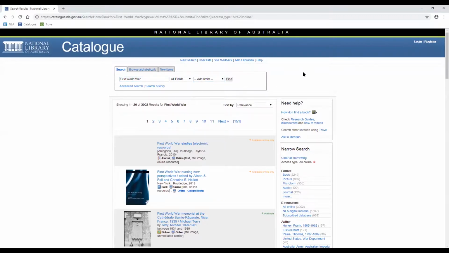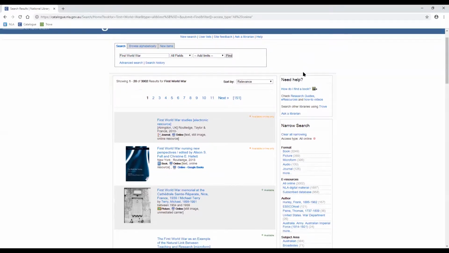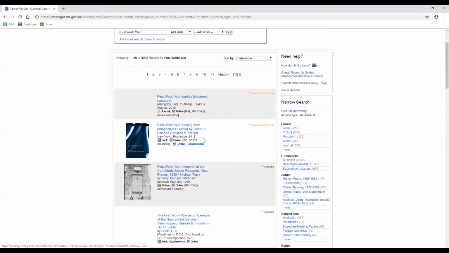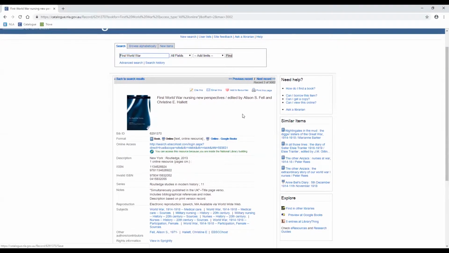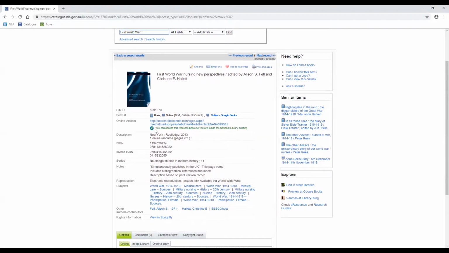And now already we can see that we're getting those types of resources that are useful to you regardless of where you are. You'll see some of the licensed resources in here, and they'll be noticeable because they'll say available online only. And when we click on one of those, you should get a message. Now, because I'm on site, it's telling me you can access this resource because you're inside the building. If you are off-site, it will say you can access this resource if you log in, and it will ask for your library card details. But in this case, because I'm on site, I can just click on that one,